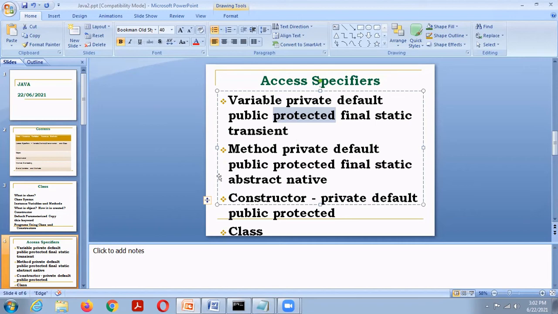Then the class modifier. That is public class. A public class can be accessed from another package. Abstract class means a class without objects. In Java, there are two types of class: concrete class and abstract class.